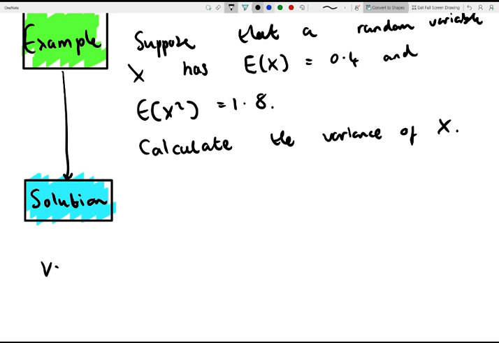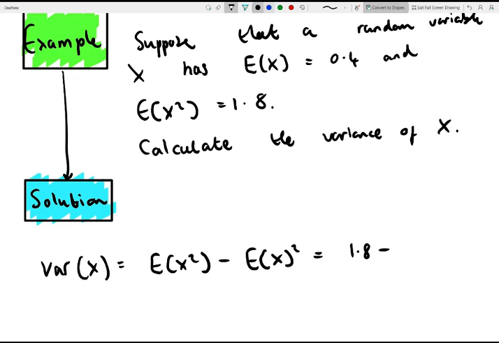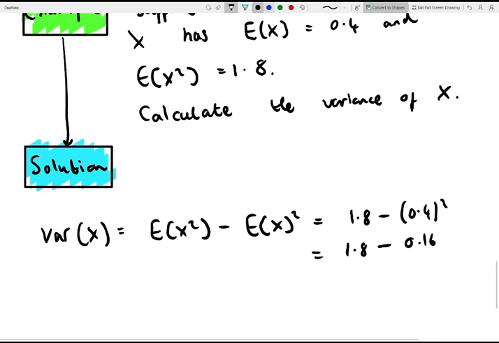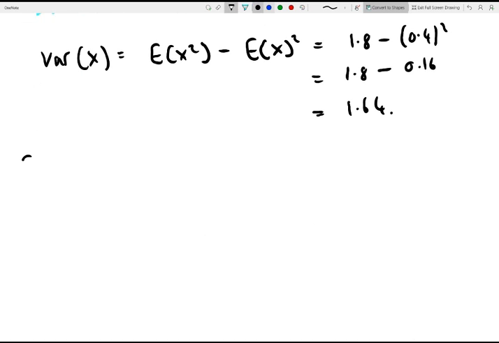using our formula from above, we know that the variance of x is the expectation of x squared minus the expectation of x all squared, so we get 1.8 minus 0.4 squared, which gives us 1.8 minus 0.16, so we're left with 1.64. So actually very simple to calculate. Moving on with our theme of examples here,